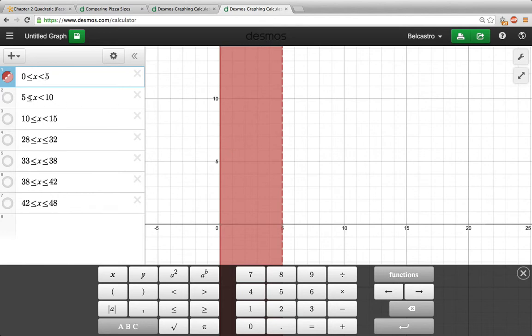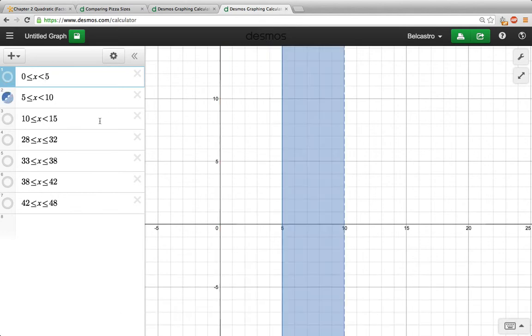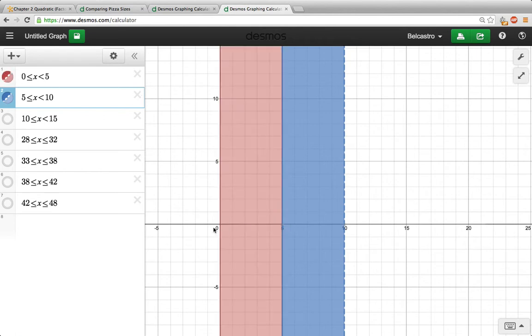In our next one, we'll turn the red one off. You'll notice they put a solid line at 5. So what it's saying is in our second category, it is including the number 5, and it's including all numbers between 5 and 10, but not 10 itself. Again, it has a dotted line. So then together with the orange and blue, red goes from 0 to anything just under 5, blue goes from anything from 5 to just under 10, and then